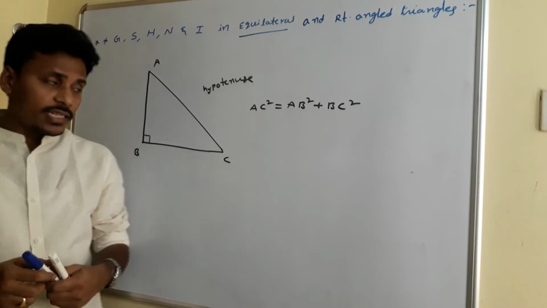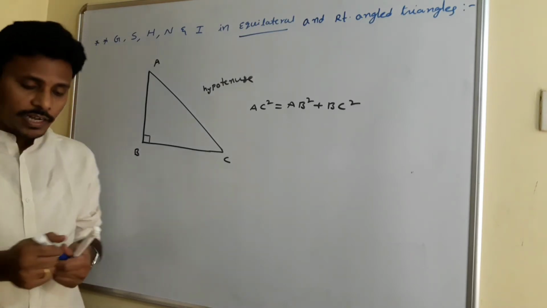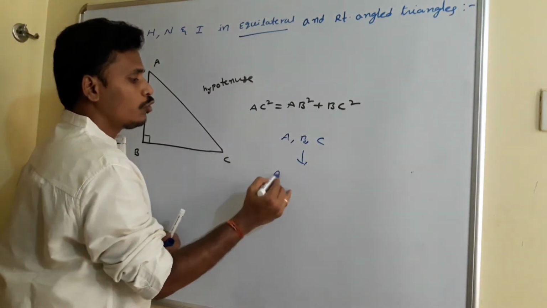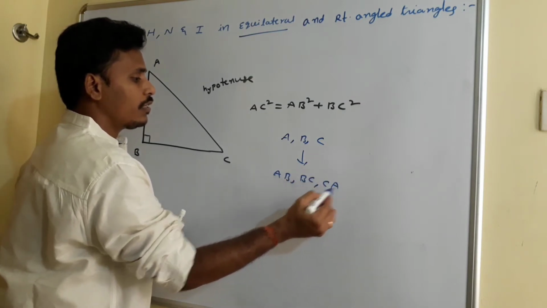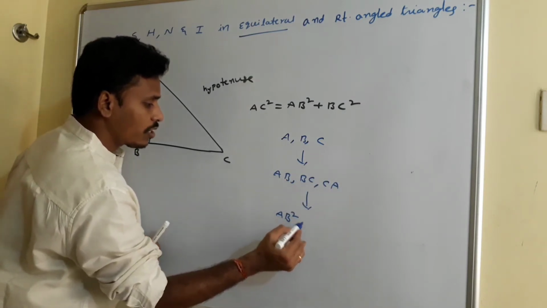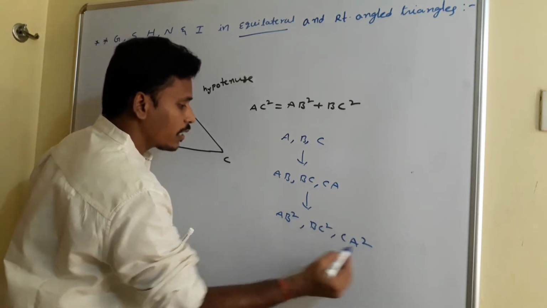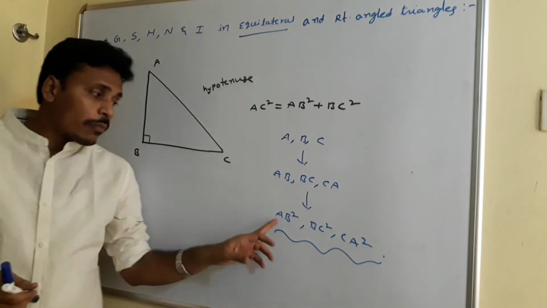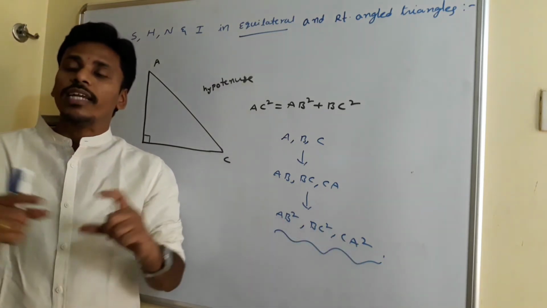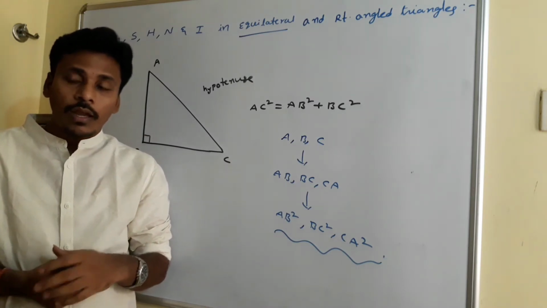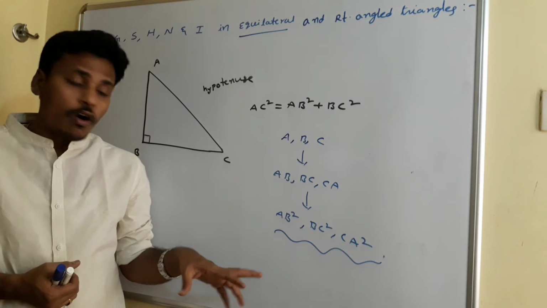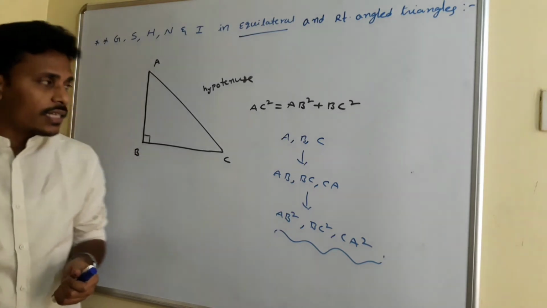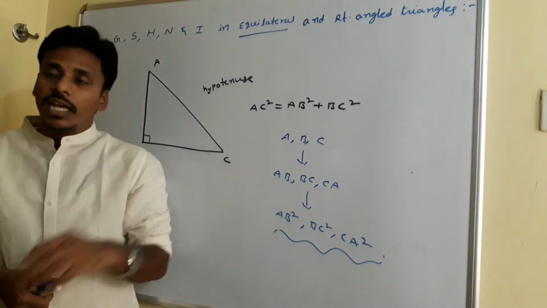As I told you in the first class, if you have any three vertices ABC, first find the distances AB, BC, CA, and then find the squares of those distances like AB square, BC square and CA square. Now you just look at these distances, and if the sum of any two is equal to the third, then surely it's a right angle triangle, right? Whenever the sum of any two values out of these three is equal to the third value, we say that the triangle formed by these 3 points ABC is a right angle triangle.